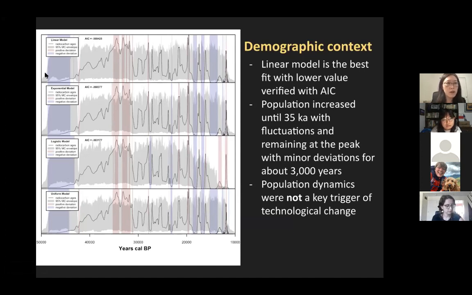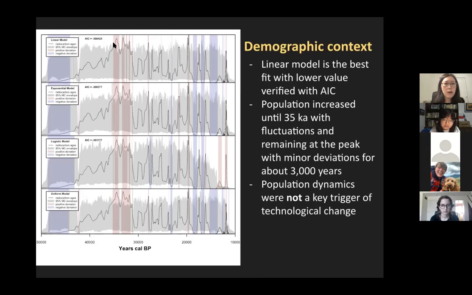So I thought the linear model is the best fit for my case. And this result shows that the population increased until 35,000 years ago with a lot of fluctuations, and then remained at the peak for about 3,000 years, and then declined with bigger fluctuations.